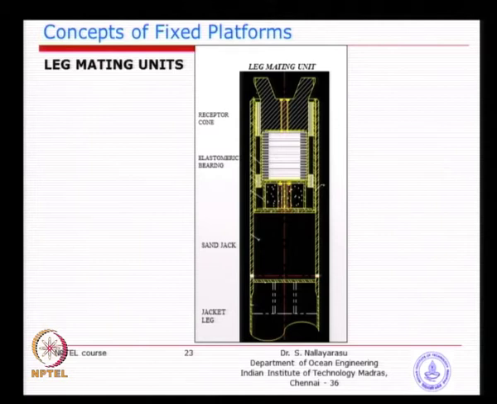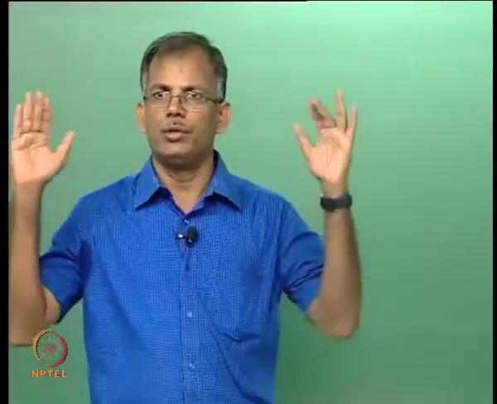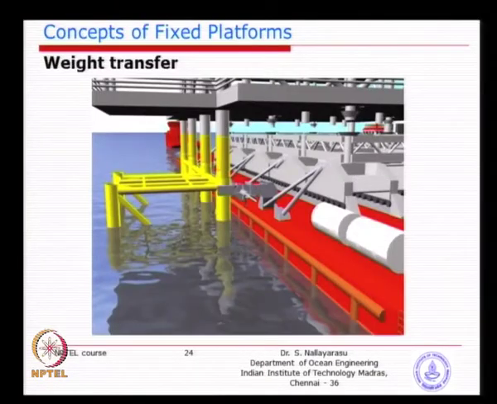So, in doing this process, if you look at it, at first touch down maybe there is 0 load, but it is already touched down, and then slowly, gradually the load will increase. It will not be a sudden process, because you are doing ballasting gradually. So, at this position the receptor cone should have already compressed to whatever the design amount we require. That is why you are seeing a single contact line between the gray color and the yellow color. So, somebody will go around and do the welding.